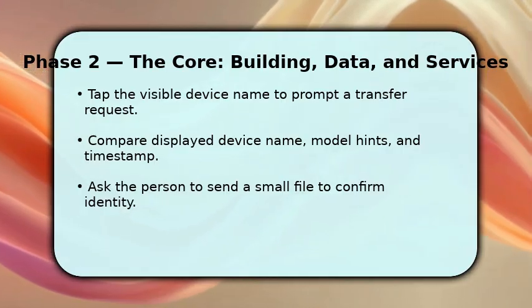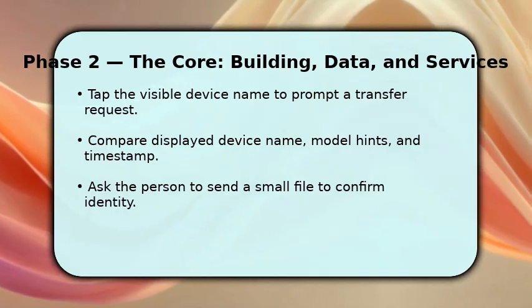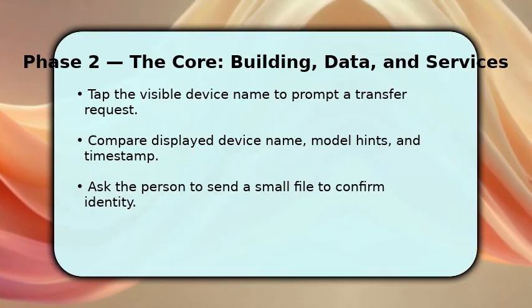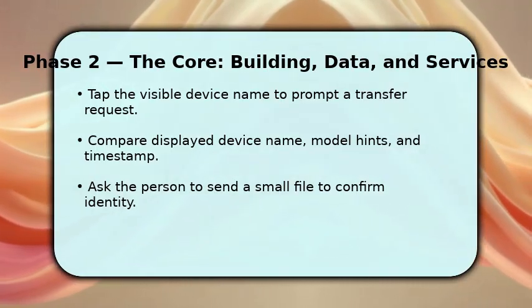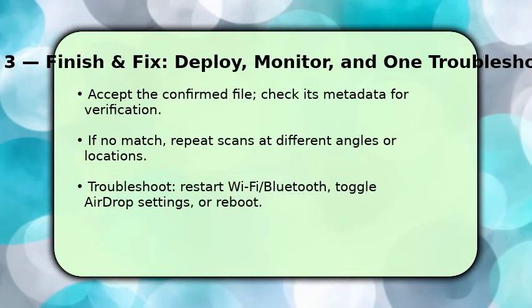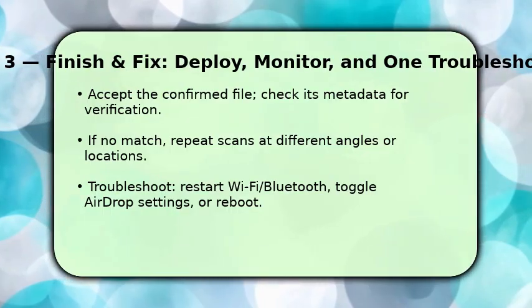Ask the person to send a tiny file like a photo to confirm it's the correct device. If they accept and send, you have matched the AirDrop identity to a person. If not, repeat scanning with everyone briefly and observe changes. To finalize, accept the small test file and inspect its metadata, date, file name, or embedded info to confirm the